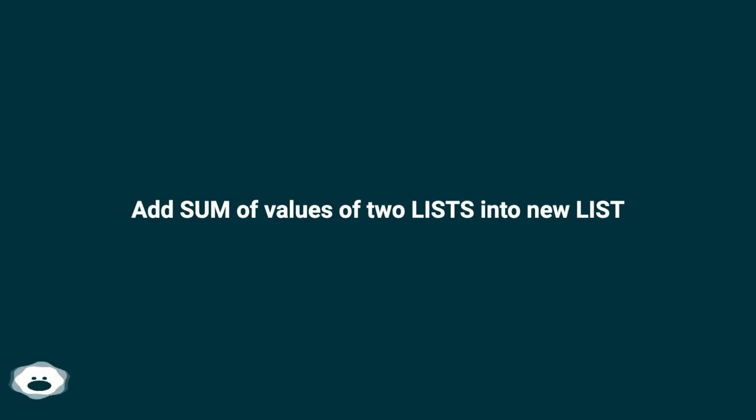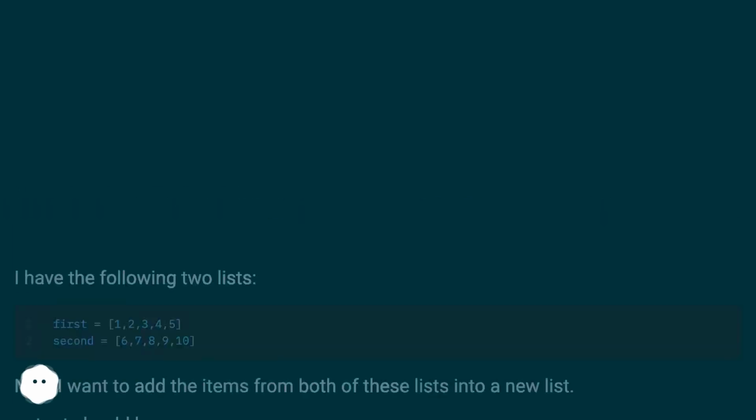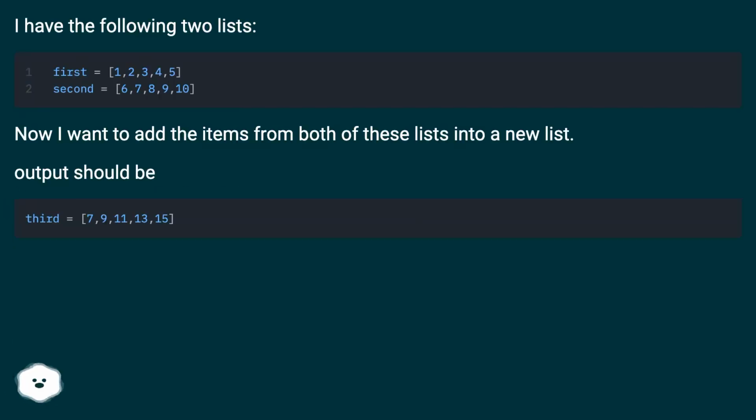Add sum of values of two lists into new list. I have the following two lists. Now I want to add the items from both of these lists into a new list. Output should be